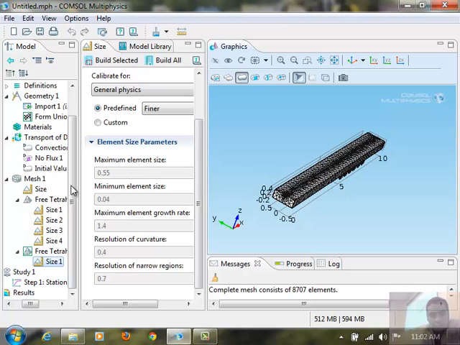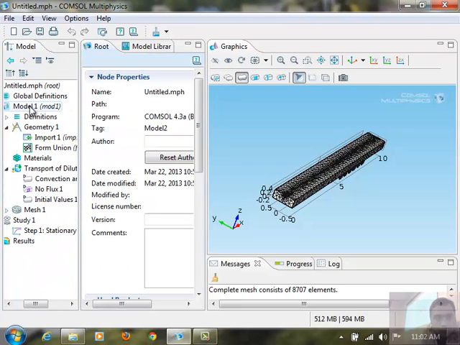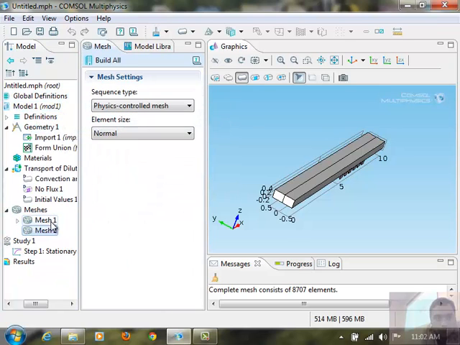I'm going to go here and add a mesh. Now if you want to do mapped mesh, again it is similar to what we have done in the previous case, but the complexity here is because of the grooves our lower face has additional edges. So if I define my top face as my source face, COMSOL won't mesh it using sweep mesh to the bottom rectangular face. So what you need to do is,